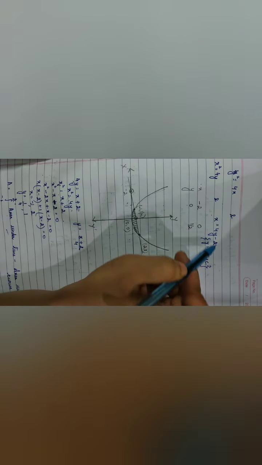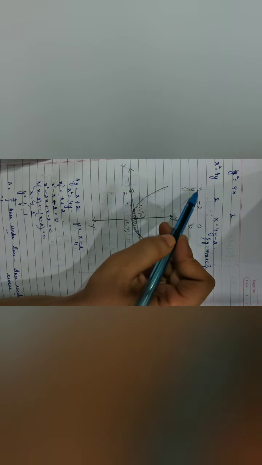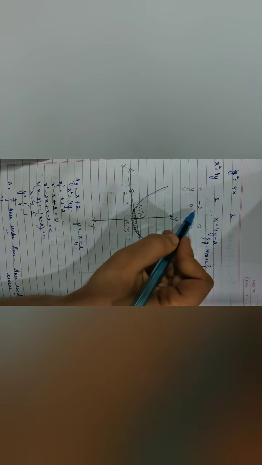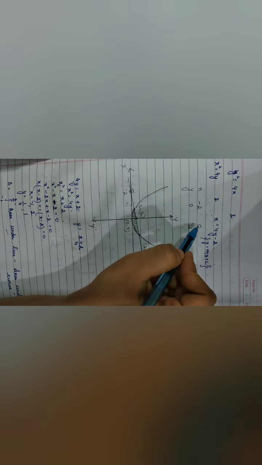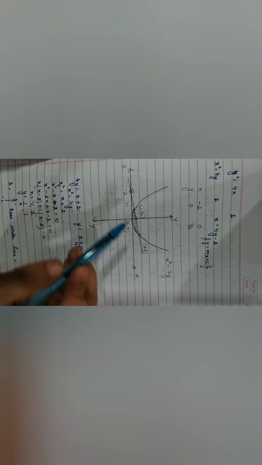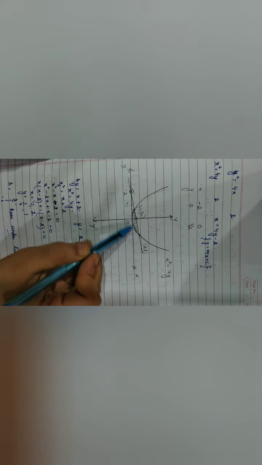Now how we have to plot it graphically, again we'll be making a table for x and y. If y is 0, x is minus 2, and if x is 0, remember y is half, right? So for this purpose, I have a line somewhat like this, and x square is equal to 4y will be a parabola this way, right? Now we'll be shading this region whose area we have to find out. We'll be considering only the bounded regions here, not the unbounded ones, right? Because enclosed means a bounded region, right?